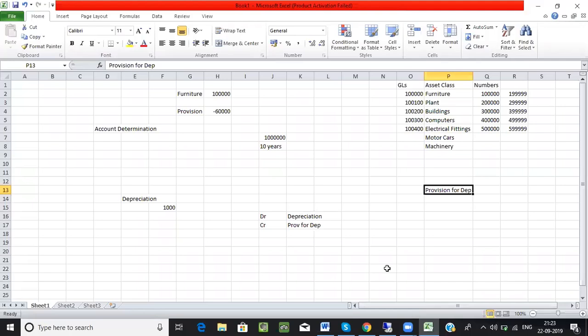Okay. Right. So this is about the account determination. The best approach is always going to be a separate GL for each asset class and a separate GL for each provision for depreciation. That's always a good idea. So let's get into the system and